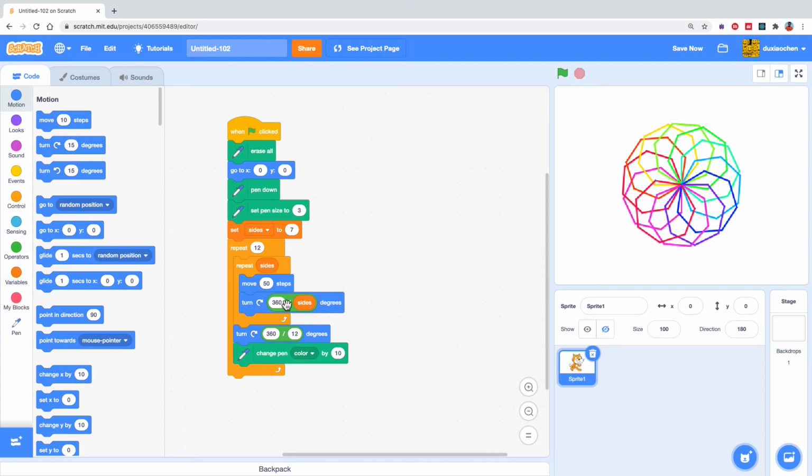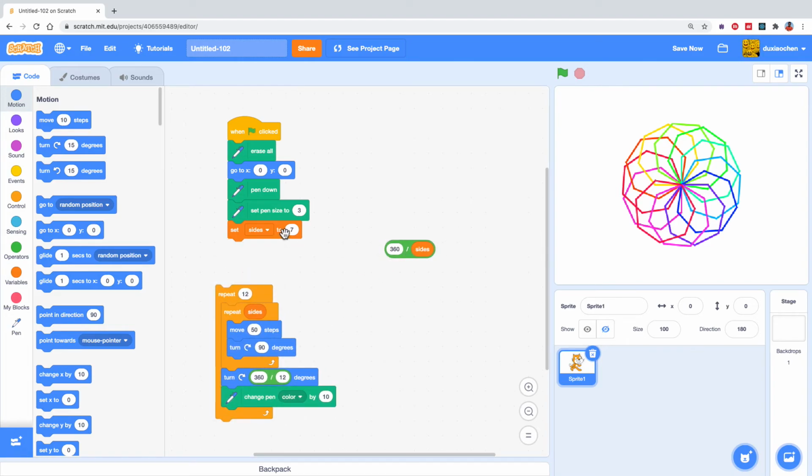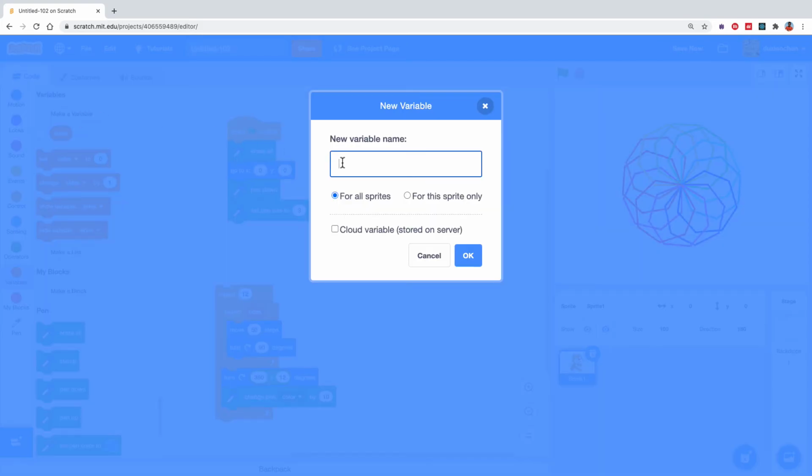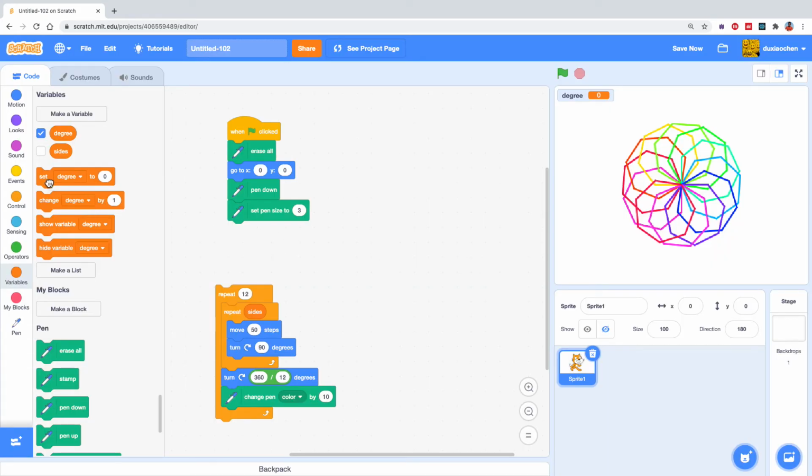So in this code, every time, right, we turn this number of degrees. I'm going to remove this number of sides, and add a new variable called degree. This will be the degree I want to turn every time. I can set degree to